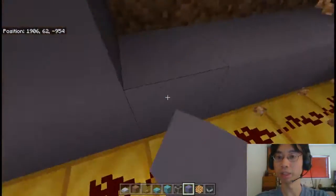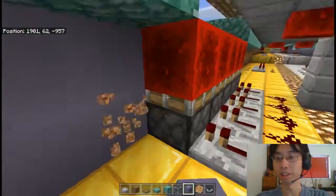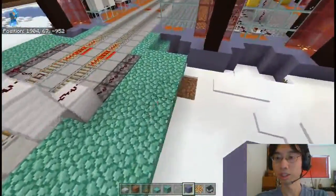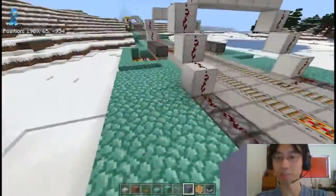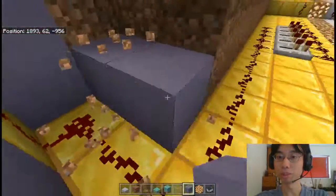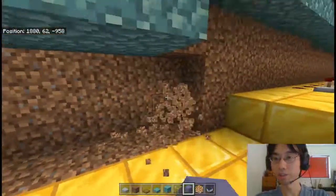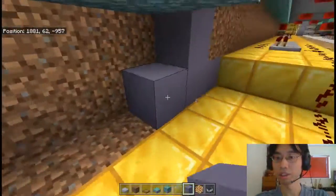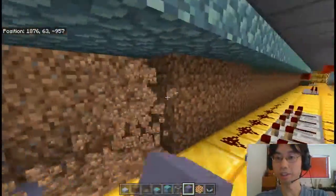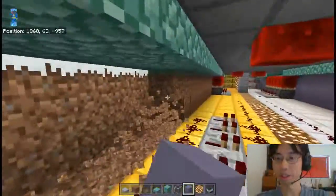The hole used to be bigger, I think, but now that we put the circuitry in it, it just turns into like a tiny little pothole in the ground, which doesn't really make any sense. Let me just check what it looks like. Yeah, so the hole used to be quite big, but we filled in most of it with the circuitry. And there's really no point keeping it. Just carefully punch our way through here. And fill that in. All of that is in the ground. We don't have any windows